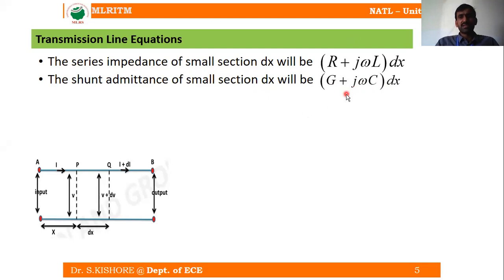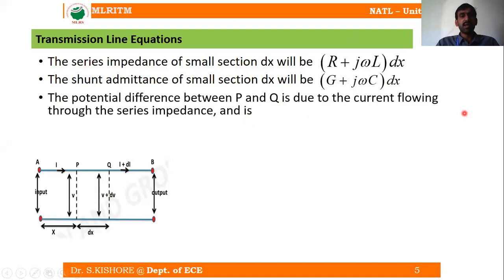So if we calculate the potential difference, that means the voltage difference, and the current difference. The potential difference between P and Q is due to the current flowing through the series impedance. So what is that series impedance? With respect to the section P and Q, the series impedance is going to be R plus j omega L